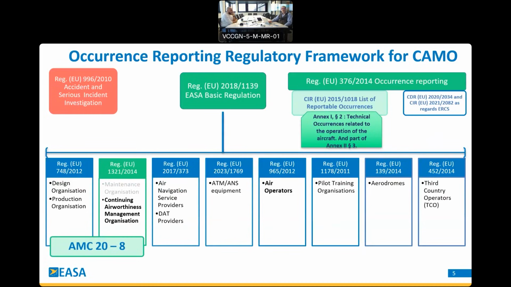That would be the ICAO standards and recommended practices that most of you know through the name of ICAO annexes: Annex 6, Annex 8, Annex 19, Annex 13, right? And all these ICAO SARPs are reflected in our own regulation. So the core regulation of interest for you is this one, 2018/1139, the EASA Basic Regulation,